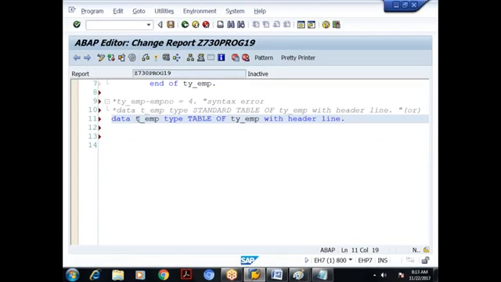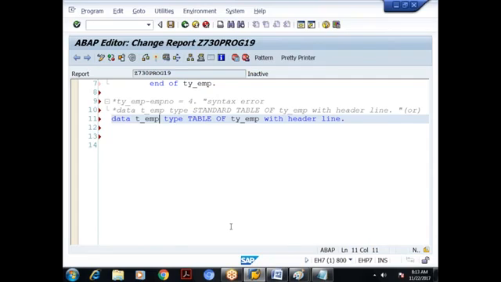So I am proposing the name as T underscore emp. You give my name, your name. This is also an internal table. Understood? Since I am capturing employee data, I am giving a meaningful name. And in general, we'll start the internal table name with T underscore, T underscore some meaningful name. I can give anything there.